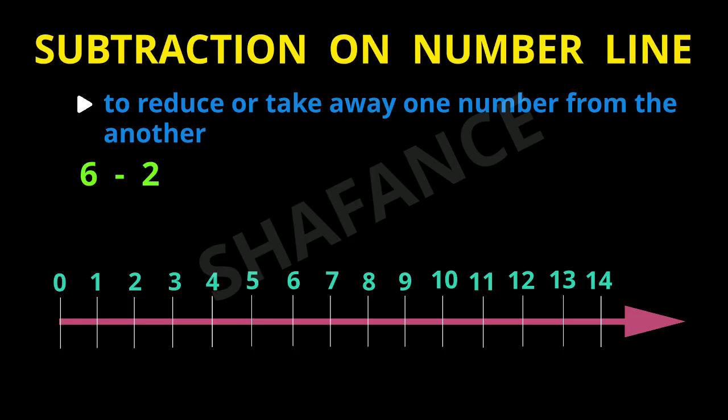So as discussed earlier, we will place the person at digit 0 in the starting. And now the first thing we have is digit 6. So the person will move 6 places on the right, that is on the positive side. So let us make the person move 6 digits. The person moves to 1, 2, 3, 4, 5, 6. So the person has now moved 6 places and has reached the number 6.